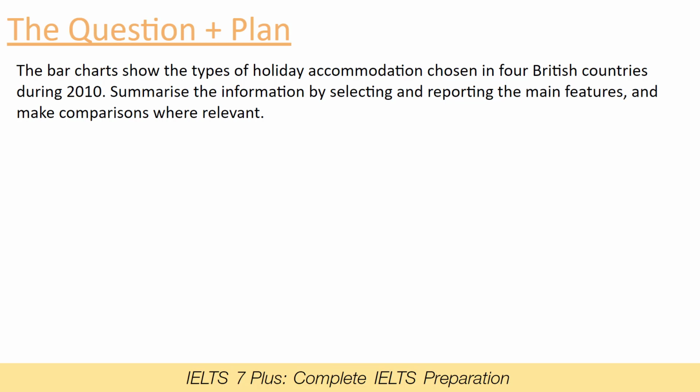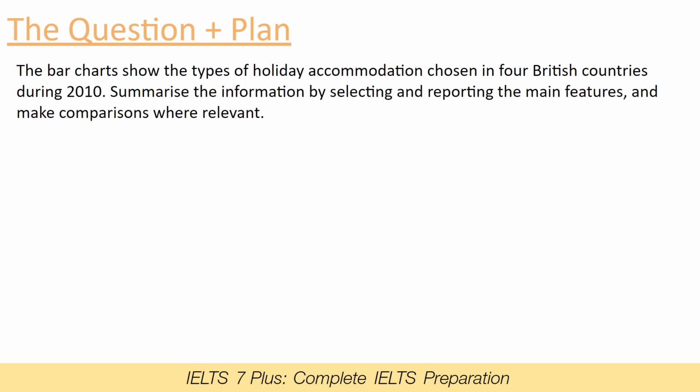Okay, so back to our topic sentence in the question. The bar charts, so I'm assuming there'll be a few of them. Types of holiday accommodation, I guess hotels, caravans, hostels, bed and breakfasts. I can't think of any more right now. In 4 British countries. Well, being from Britain, I know that will most likely be England, Scotland, Northern Ireland, and